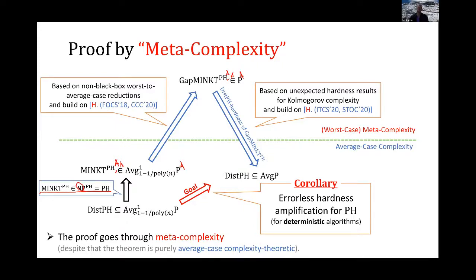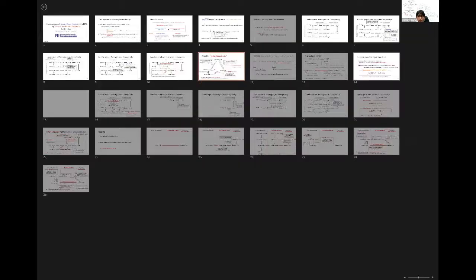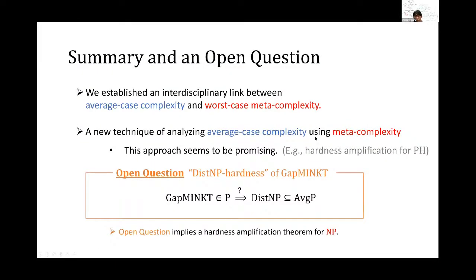So your question is essentially to get rid of that. Yeah, exactly. The last open question is whether we can get rid of that. What we can prove is that if we have an NP oracle, we can prove this. But the question is whether we can get rid of this.